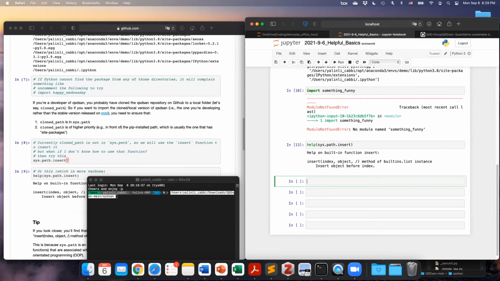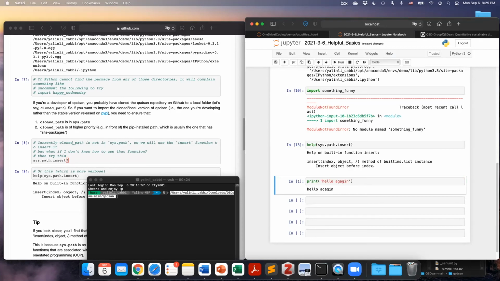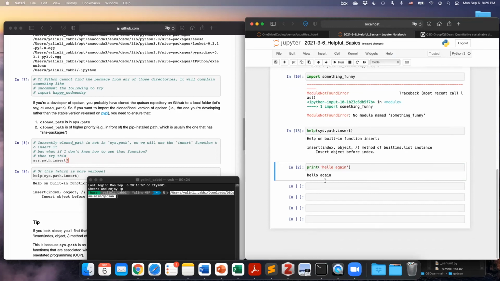The way you can know that we have restarted is to put in some code, for example, print hello again. Then you can see the execution count starts from the first again. So that was 1, here is 2, and we can take a break from the 13 before. So now we can